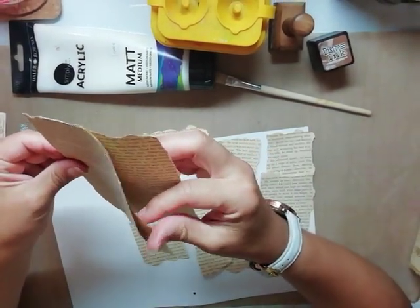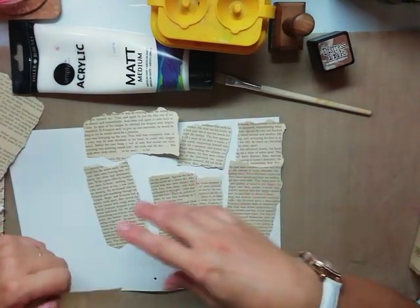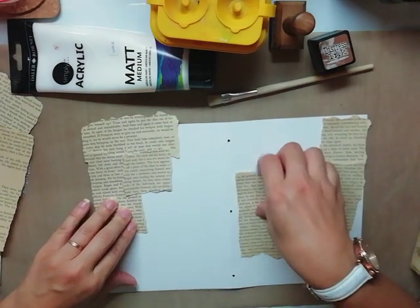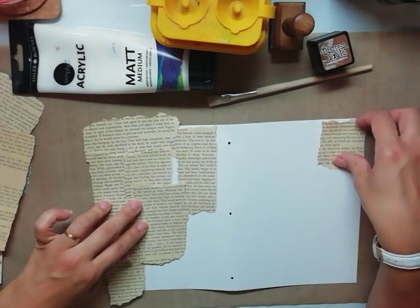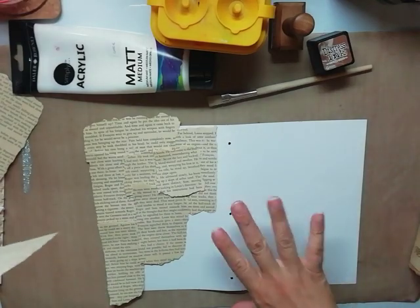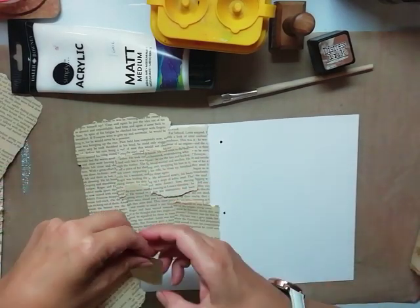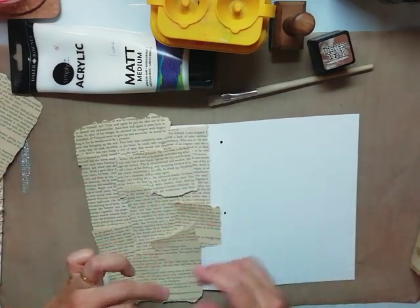And this is going to take very long. I think I'm just going to do one of the sides. You know what I am actually going to do? I'm going to do both sides, but I'm going to try 2 colors today, because I want to do that shabby chic style junk journal. What if I try this side, the brown tones, like I say I'm going to do today, the brown tones. And then on this side, instead of the brown tones, what if I try the nice pink tones